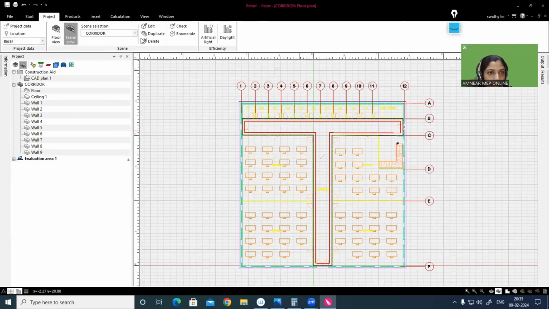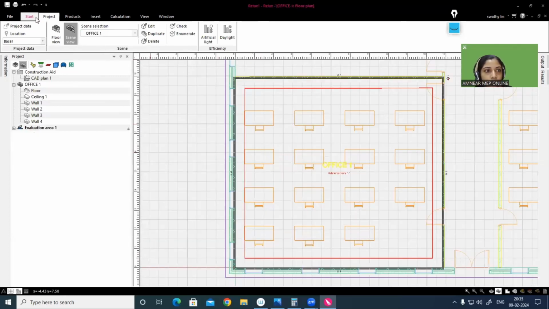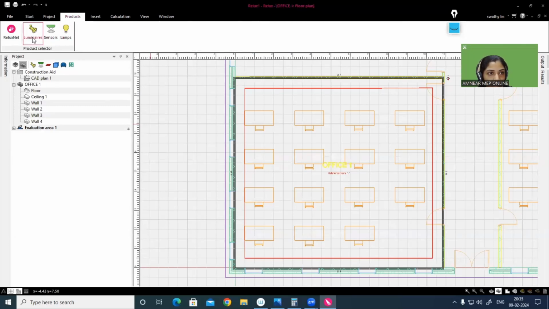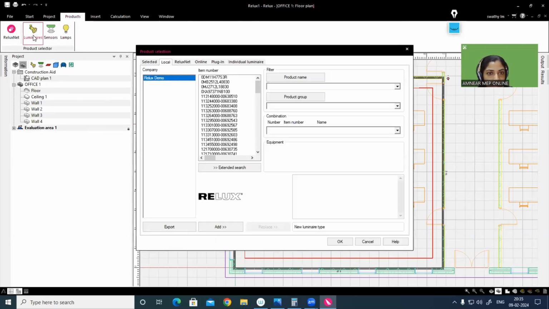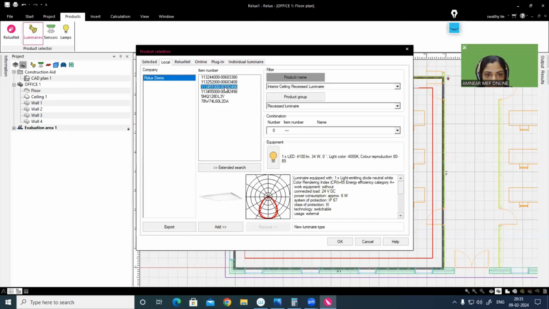Okay. Now I need to do the lighting design of Office 1. So before that, I need to add some luminaires. Let us go to the Start option, Products, Luminaires. Anyway, you may add some luminaires which are available in this library. So I'm selecting some interior ceiling recessed luminaires